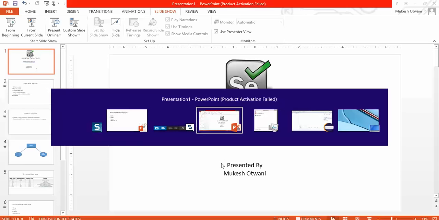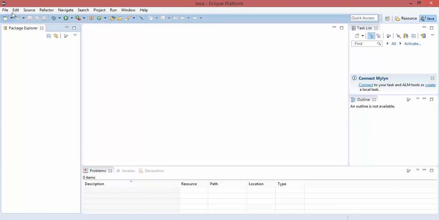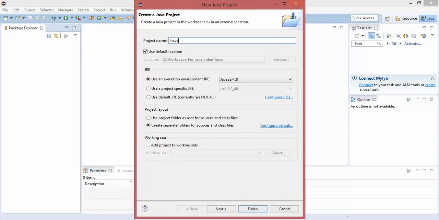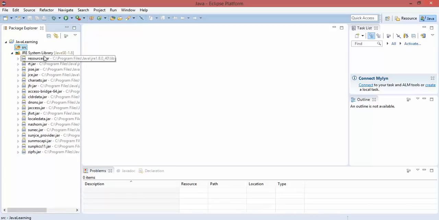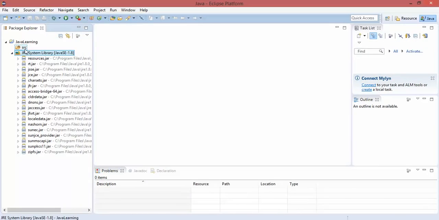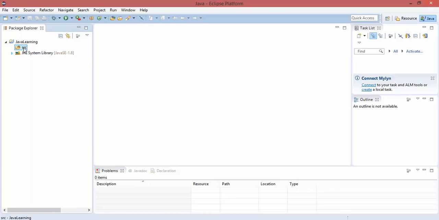So let me go back to Eclipse. This is my Eclipse. I will create a fresh project. I will say Java learning. I will click on next, and I will click on finish. This is my project ready. This is my source. This is the references library, which by default Java takes. So right click on the src, create a fresh package,